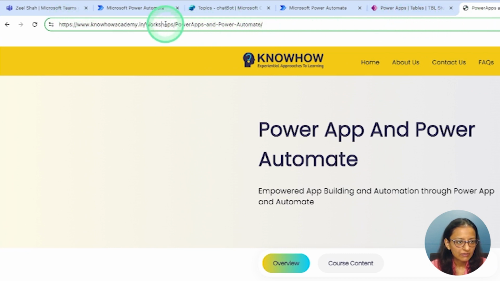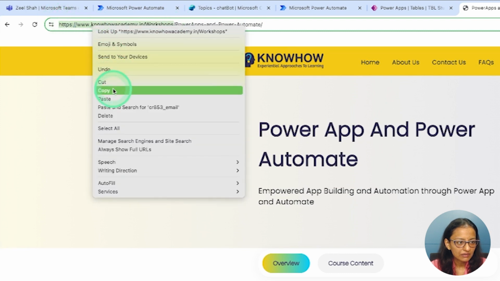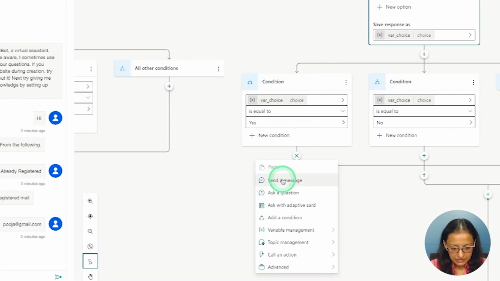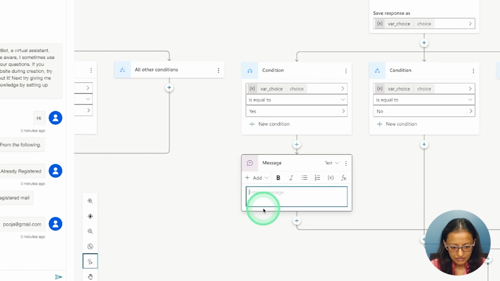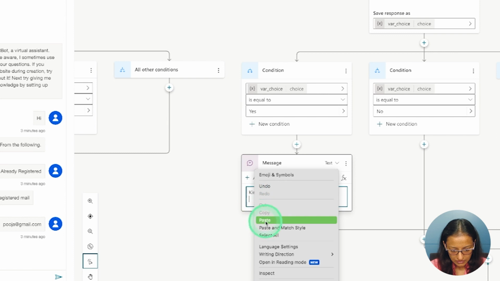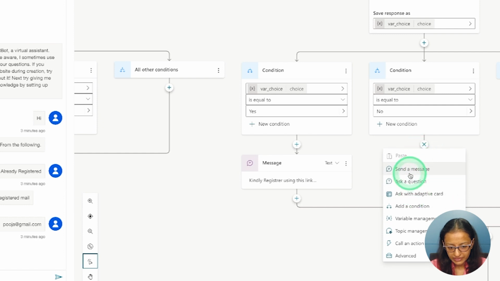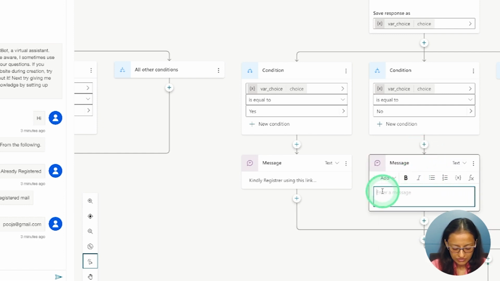So I'm going to copy that link and paste it in a send message: kindly register using this link, and paste that link. Okay, and if the student selects no, then I will send a message, thanks for your time, and the conversation will end.